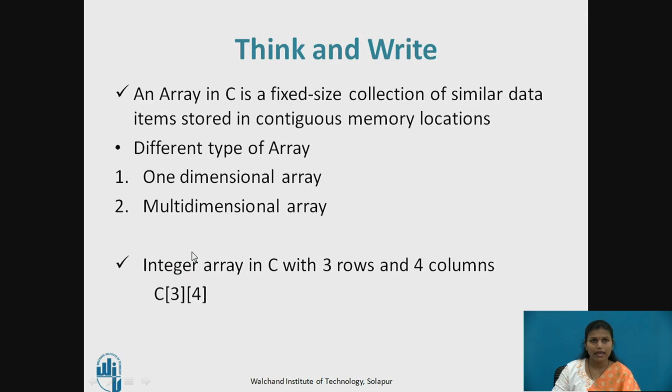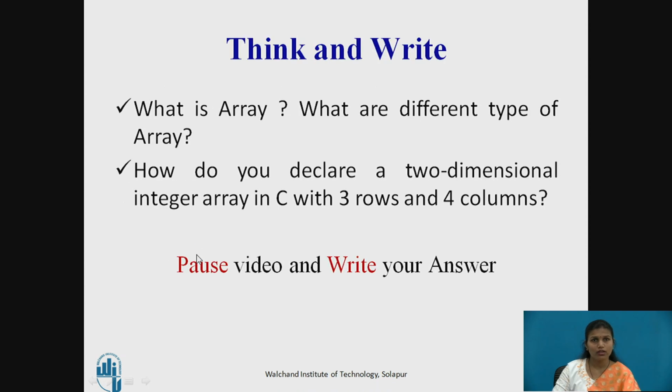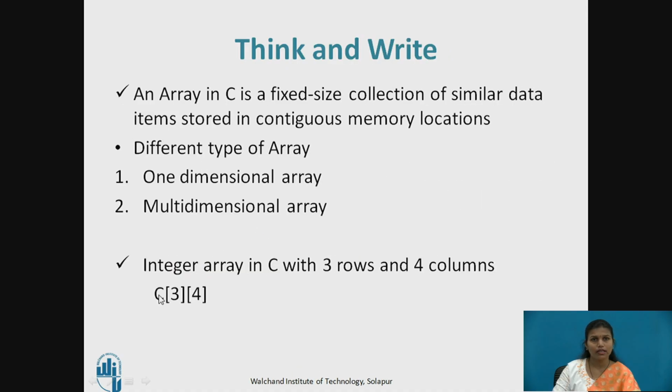So basically an array in C is a fixed size collection of similar data types or data items which is stored in contiguous memory locations, and there are two different types of array: one dimensional array and the second one is multi-dimensional array. And the second question is, we have to store the array in C with 3 rows and 4 columns. So basically in this way, C of 3 rows and 4 columns,